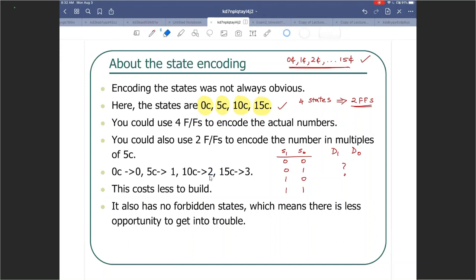But in the case of 0 cents, 1 cent, 2 cent, all the way to 15, then I'm going to need 4 flip-flops to encode those 16 states, which is not necessary right now, which is costing more. So that is unnecessary, that is redundant. On top of that, we know that we are never going to use 1 cent, we are never going to use 2 cents. So all those intermediate states are going to count as don't care conditions, which means if I use them as don't cares and combine the don't cares in a K-map to simplify equations,